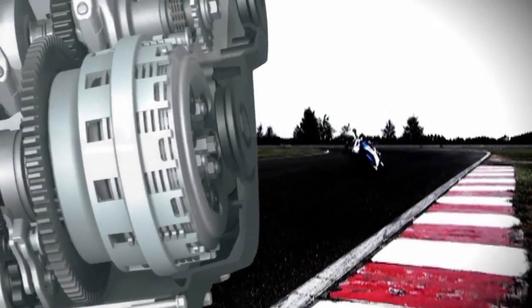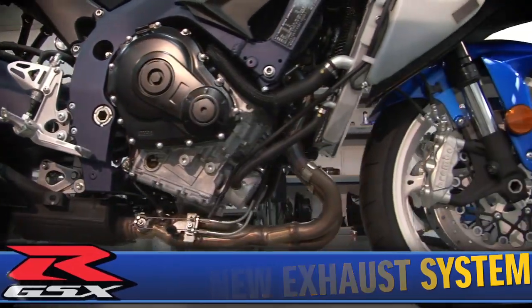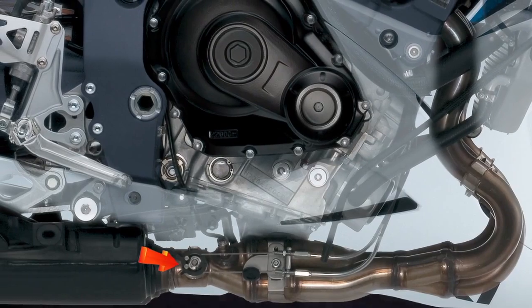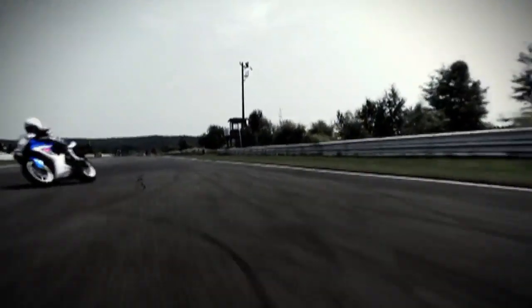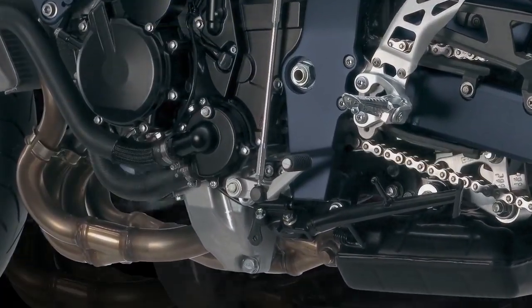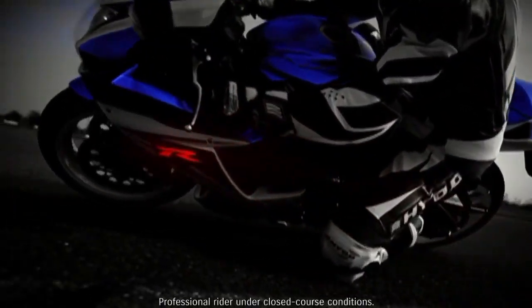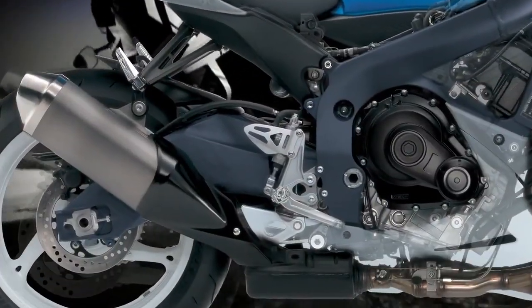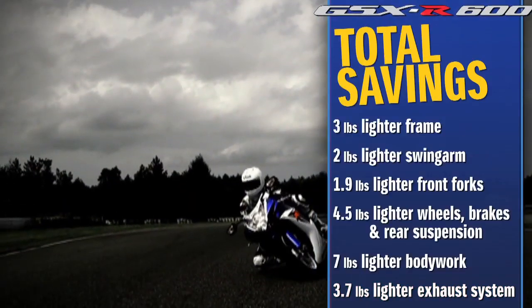high RPM engine braking. A stainless steel 4-into-1 exhaust system and under-engine exhaust chamber features Suzuki exhaust tuning servo-controlled butterfly valve to match the exhaust system back pressure to engine RPM and throttle and gear position, maximizing torque and improving throttle response, especially in the low to mid RPM range. A reduction in the pipe wall thickness and smaller, more efficient exhaust chamber and muffler result in a weight reduction